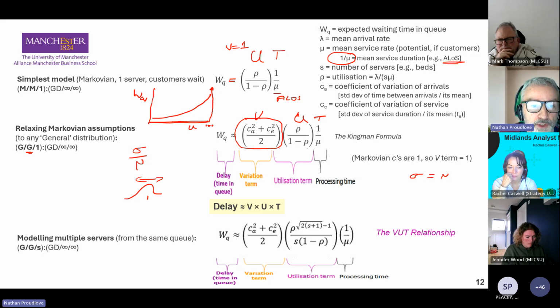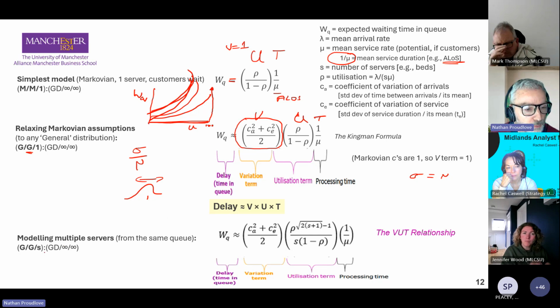So with no variation, you can run a system like this. But the bigger the variation, the quicker this curve starts heading upwards. It starts at 0, but it starts heading off to infinity quicker. So we can explicitly see the impact of the variation there, as well as of the utilization and the average length of stay. The one at the bottom is even more flexible because it allows us to explicitly say